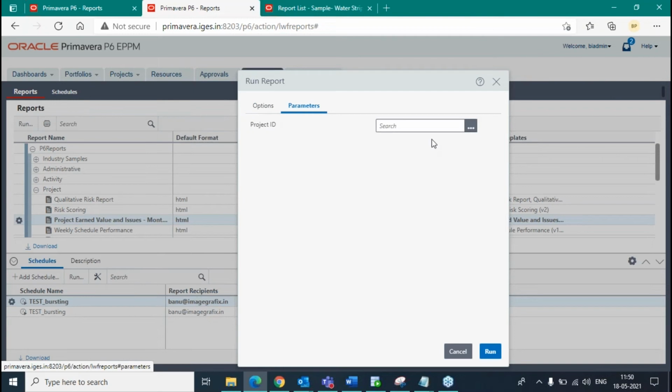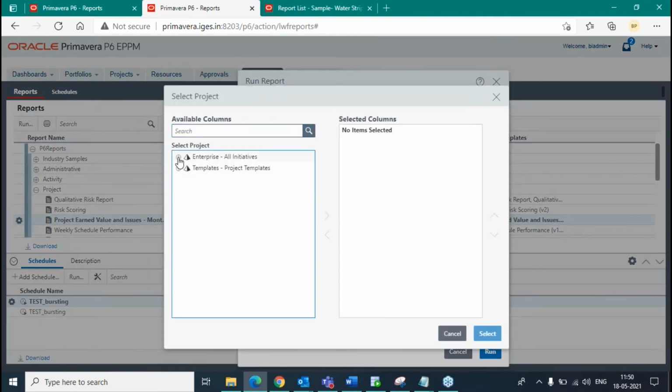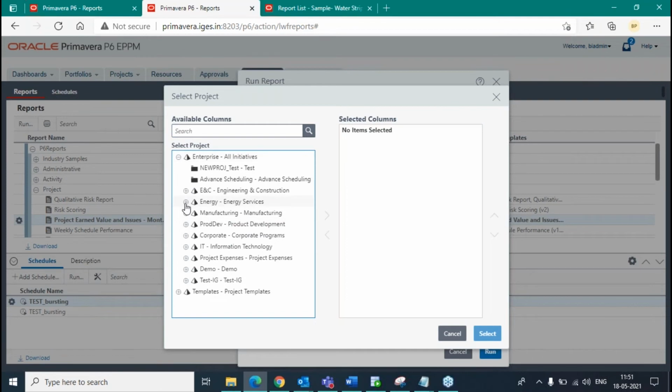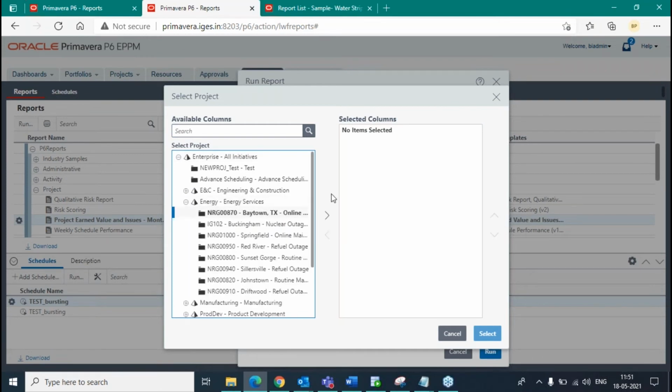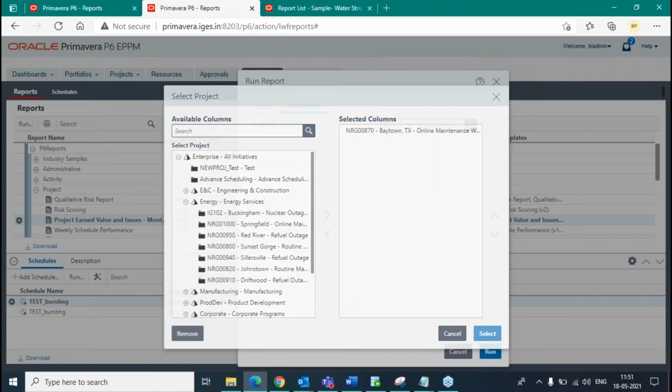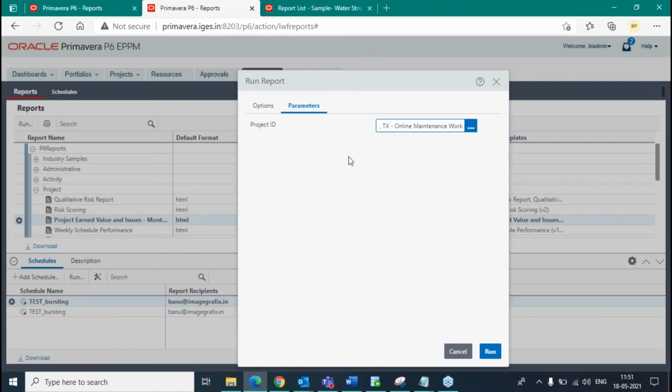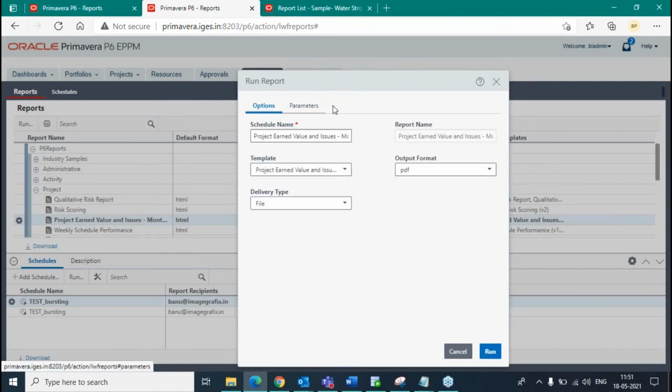And then here, we need to set the parameter. So we have configured the parameter, we have configured the runtime options, and then click run.